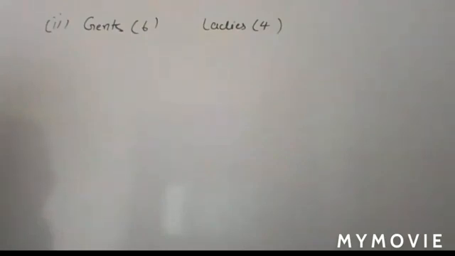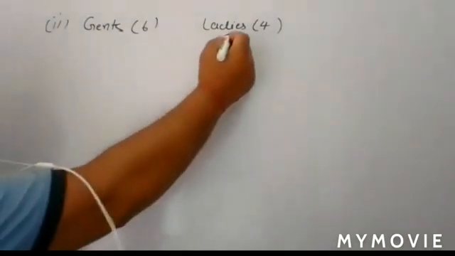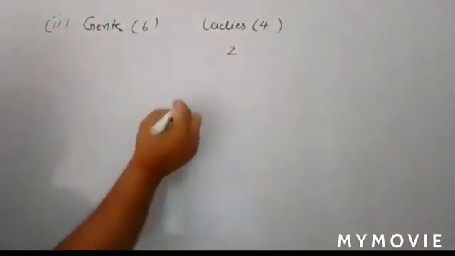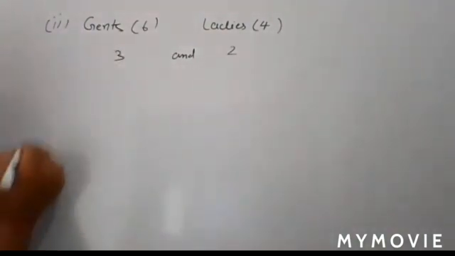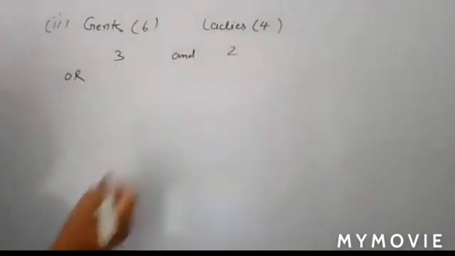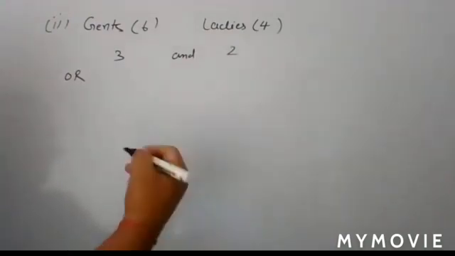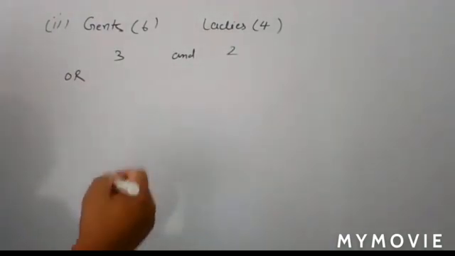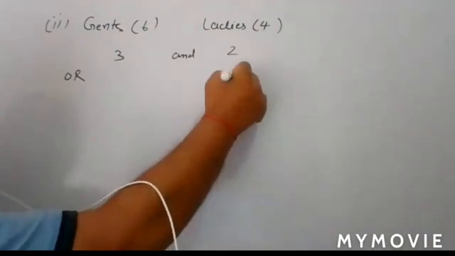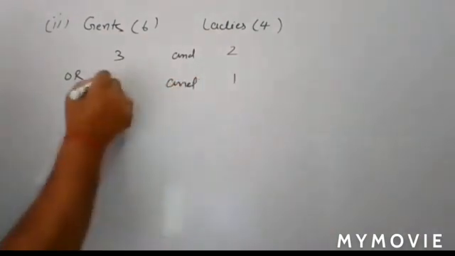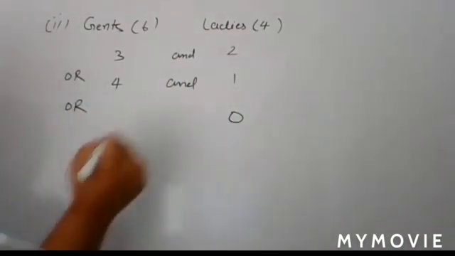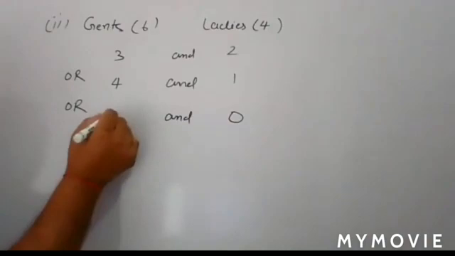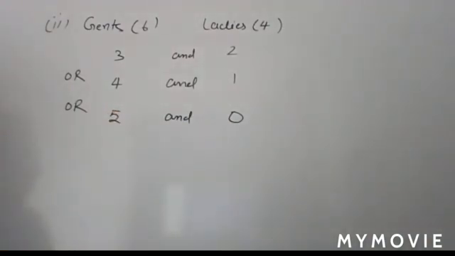So for at most 2 ladies here, you start with 2. So if 2 ladies are there, here you have 3 gents. At most means maximum ladies, so there will be a possible minimum, you go through that. So if 1 lady is there, then gents 4. Or 0, none of the ladies are there, so here you have 5 gents. So all those are the possibilities for at most.